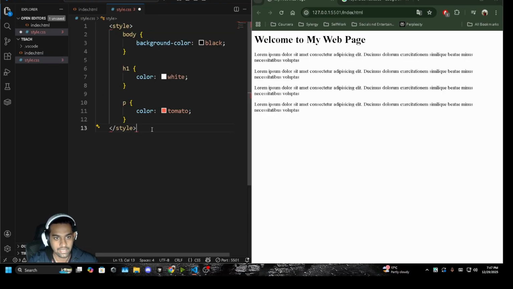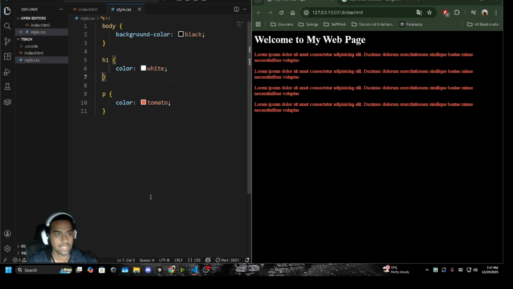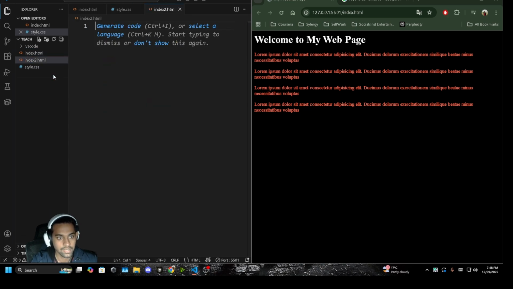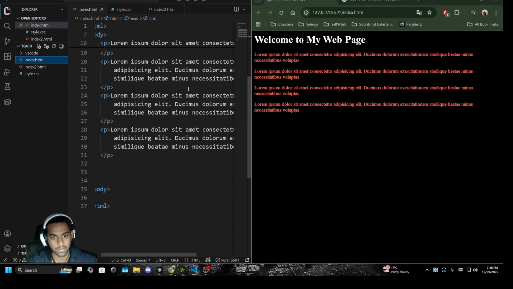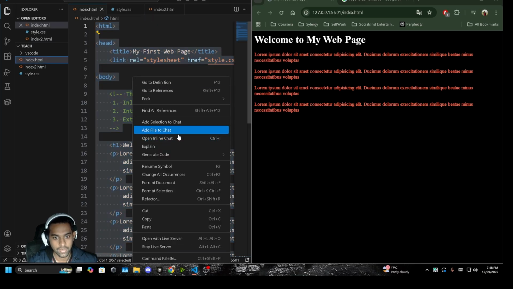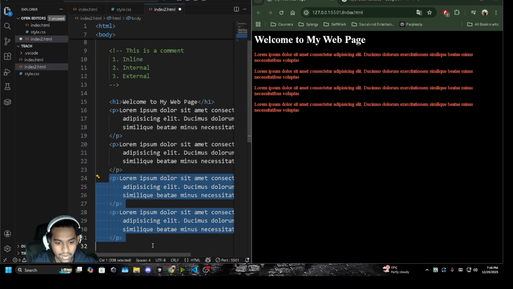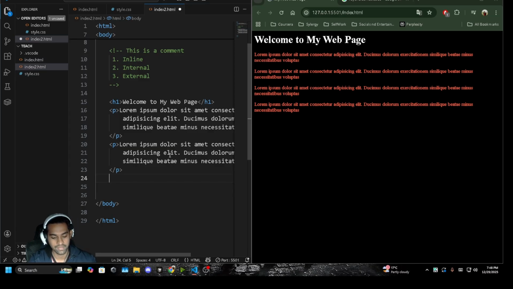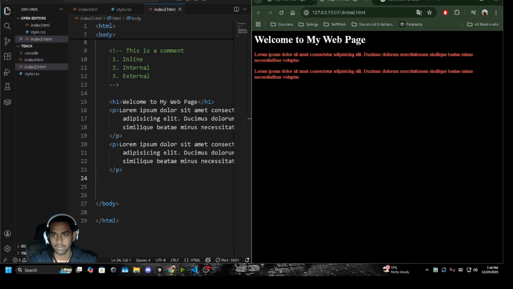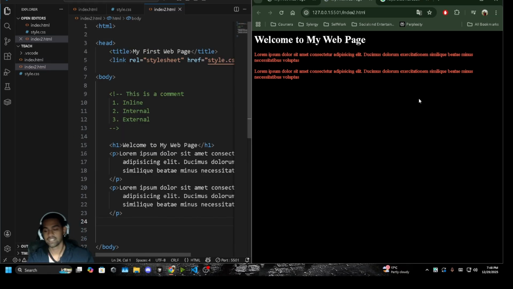I'm gonna put these things and I'm gonna get rid of the tags. We'll definitely need to fix the indentations, so be right back. So as you can see, it's linked. And let's say I wanna add another file. Let's call it index2.html. And once you've done that, let's just copy paste this. Wait for it. And let's have two paragraphs here. We're also gonna be opening it with live server. Never mind. And yeah, it has the same style as our